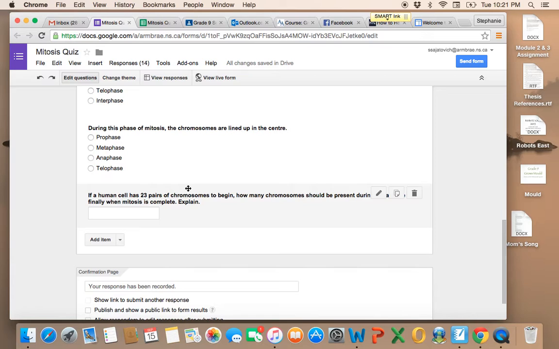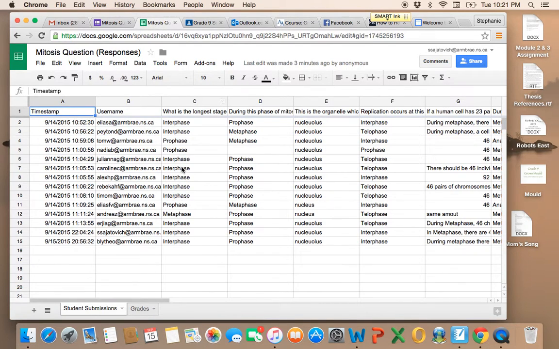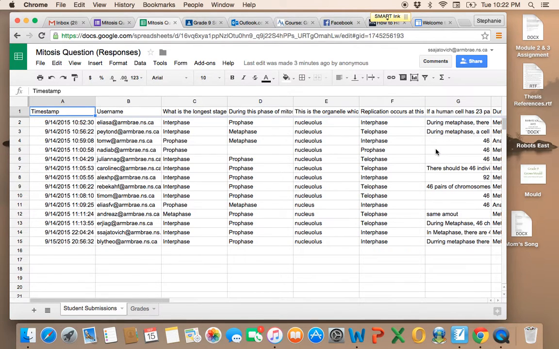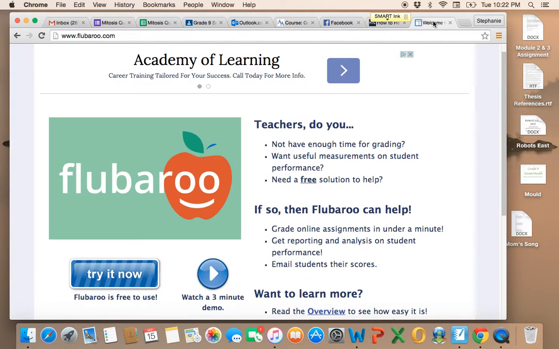In Google Forms, whenever you have responses, they organize them into a spreadsheet, so there's nothing you need to do. In the spreadsheet, you can see the students' names, and then each of these are the questions and the answers to the questions. So here are my questions and the answers. I thought that was a pretty good way for me to glean an understanding of my students and their misconceptions. But then my professor told me about Flubaroo, which I hadn't heard of, and it's free software